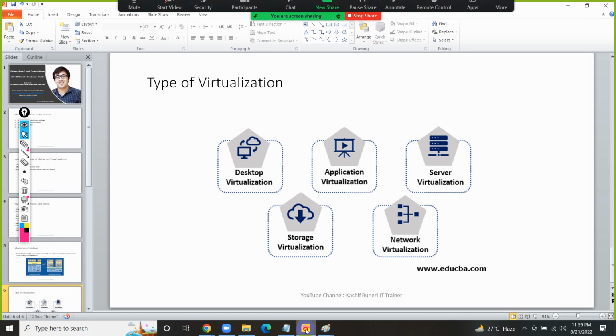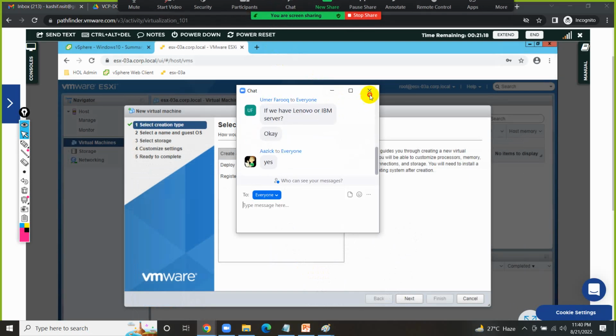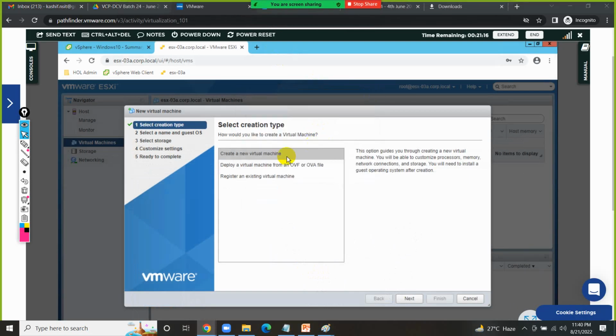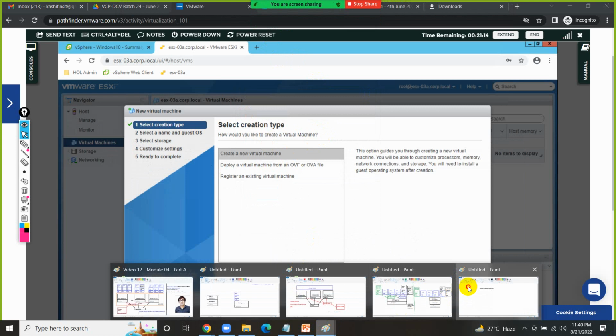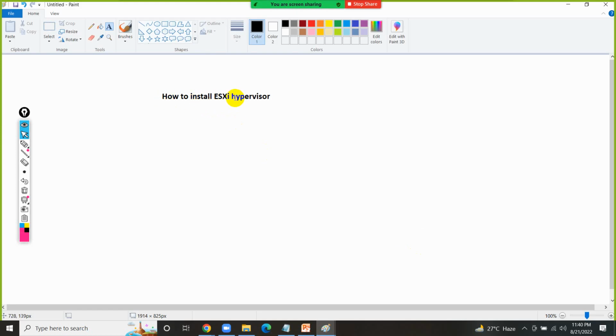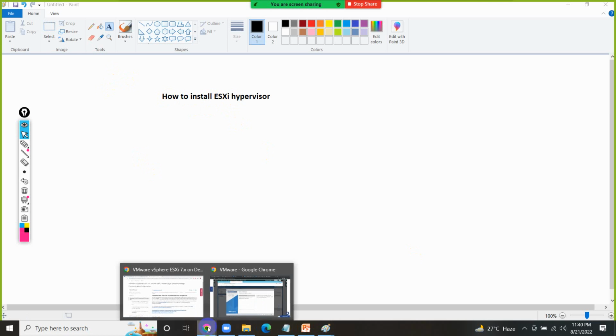Okay, so now let's come to the lab. So do you understand how to install the ESXi hypervisor? So we need to download the ISO image from the VMware side or from the vendor side. That's one thing. Another thing we need to understand,